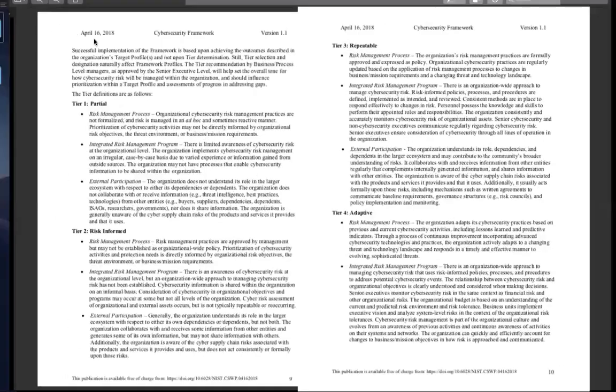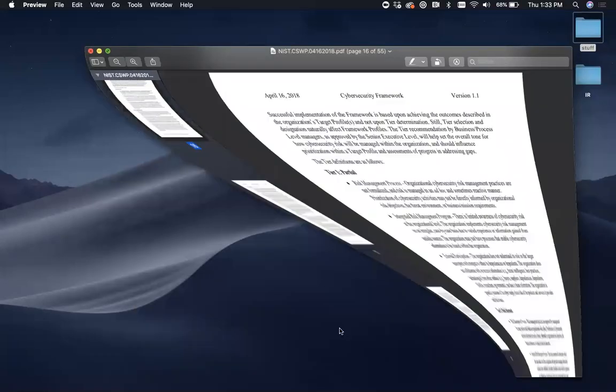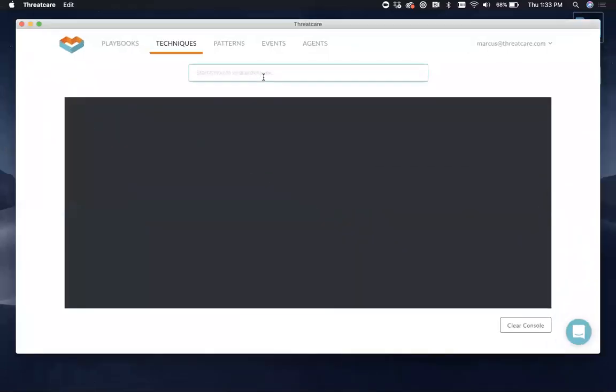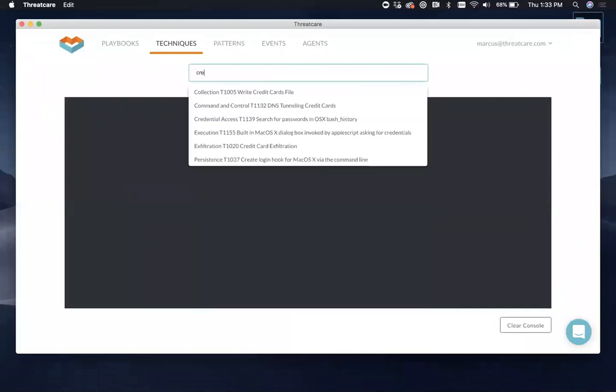It's a free download. You can start playing around with that today. So let me go down here and open up the product. One of the things that Robert mentioned is credit card information, PII data, things of that nature. So if you had DLP in place and you wanted to test whether credit cards were detected, you type